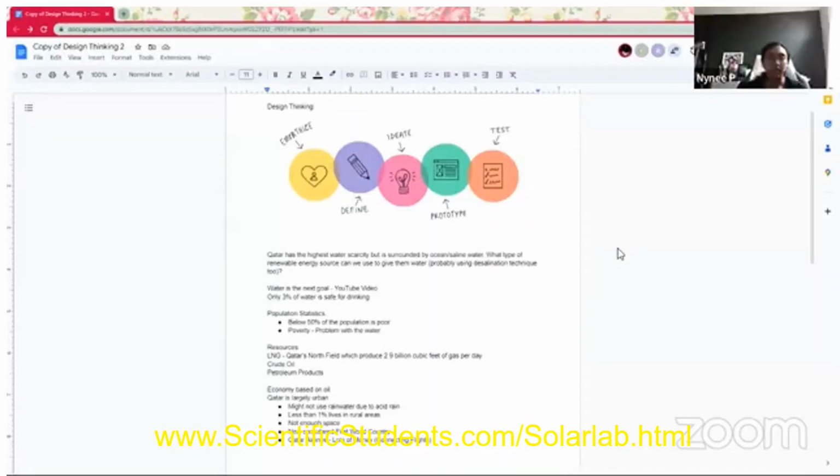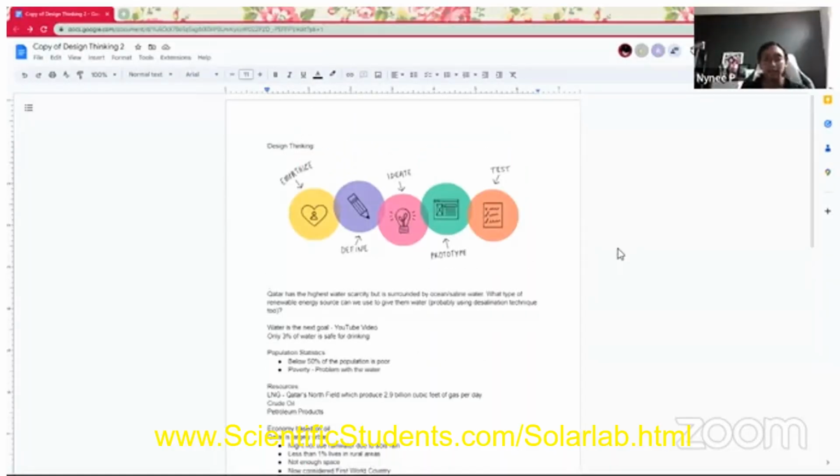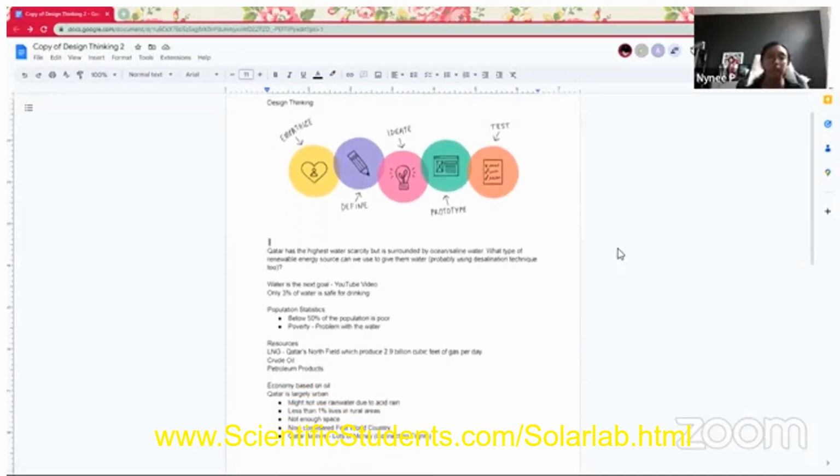Okay, I'll present. So this is the design thinking process where you empathize, define, ideate, prototype, and test. We haven't really gone through each of these steps just yet. We first wanted to look at the facts before really thinking of the empathizing step yet. But what we found is that